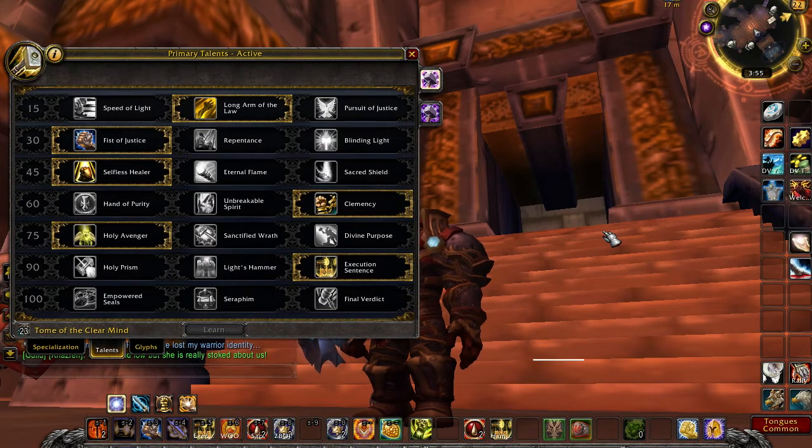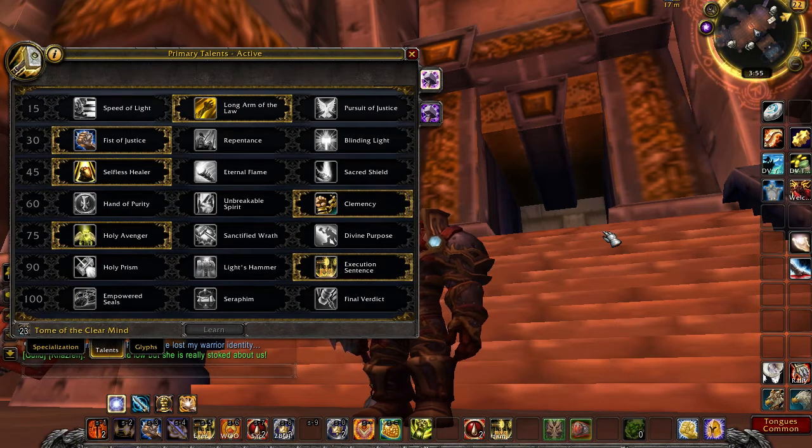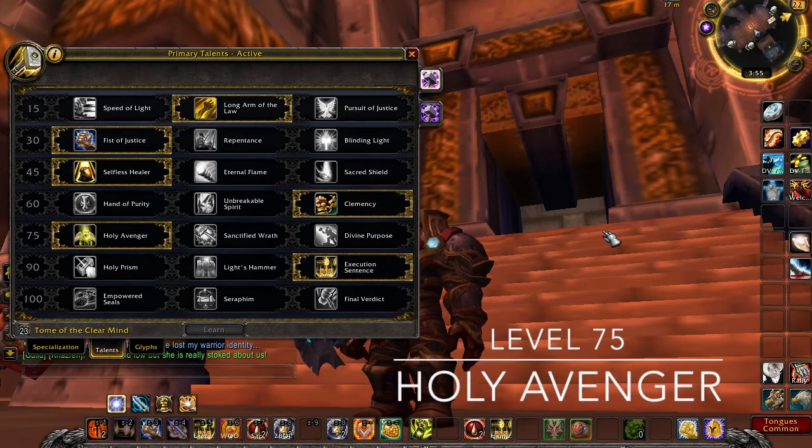On the level 60 tier, we have Clemency, 2 charges to each of your hands, another thing you want. Your class's support because you can do this. Huge, huge team play based around Clemency. Take it. Now, the purpose for taking Holy Avenger on the level 75 tier for this build specifically is the